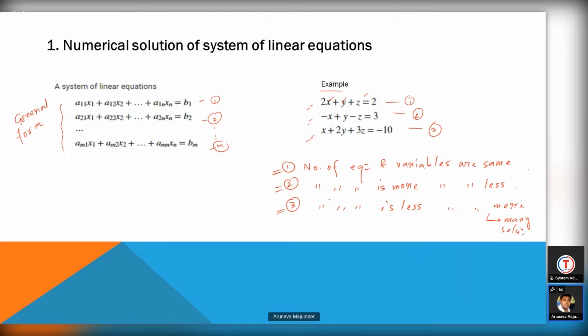And case number 2, number of equations is more and number of variables are less. This is called an inconsistent system, and we can get no solution. So these three cases may appear. Now,